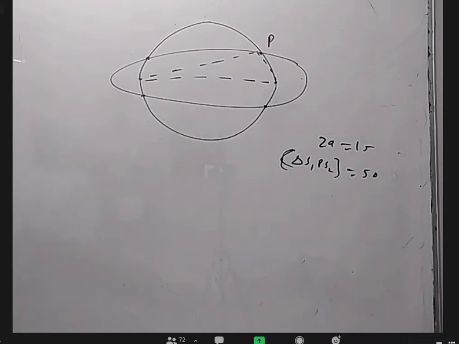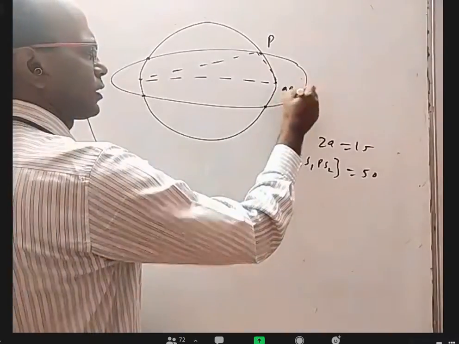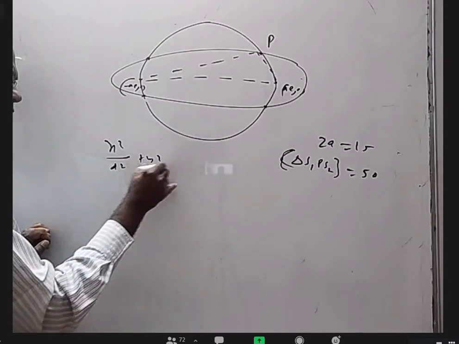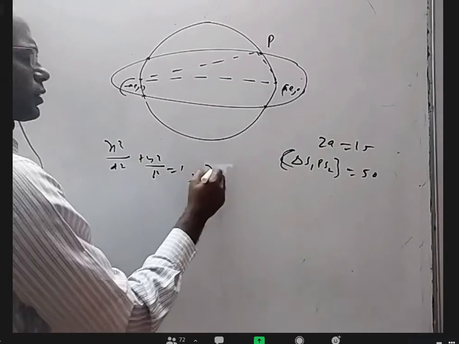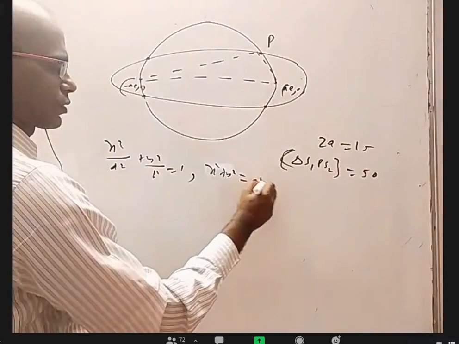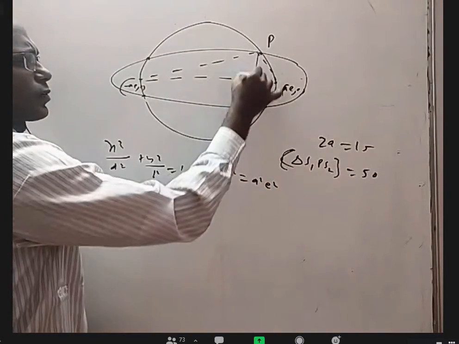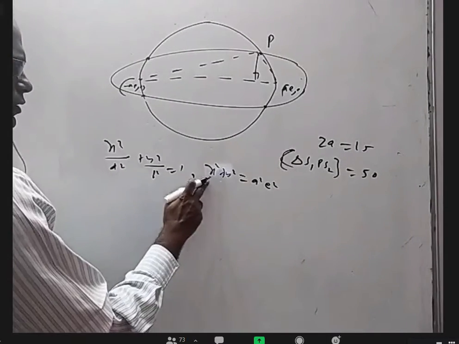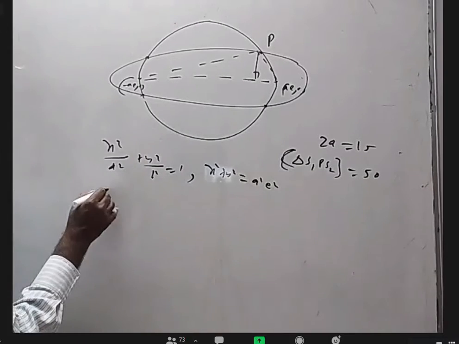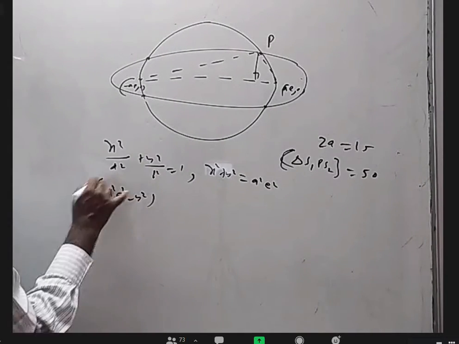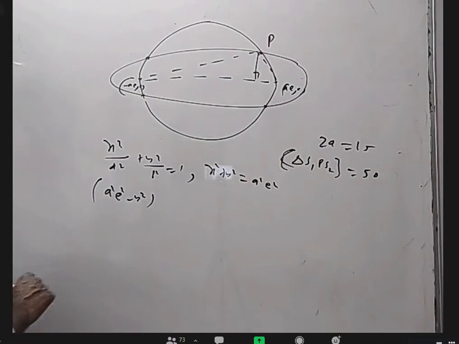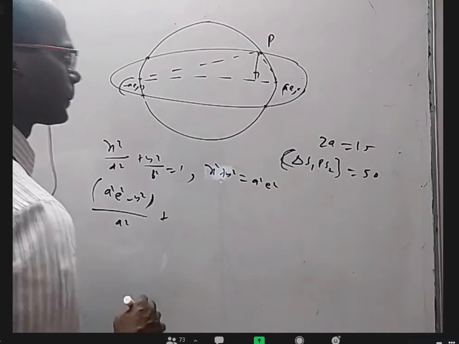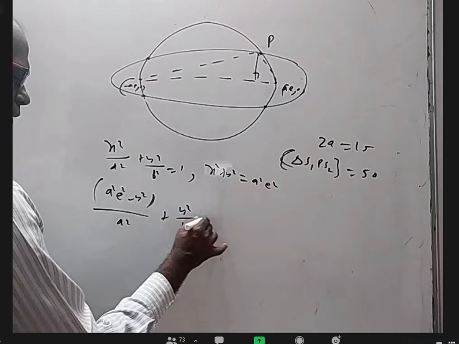All right. So basically, the circle with (ae, 0) and (-ae, 0) as diameter is intersecting the ellipse. So what is the ellipse equation? x square by a square plus y square by b square equal to 1. What is the circle? x square plus y square equal to a square e square. If I want to find the area of this triangle, I have to know the height, that is the y coordinate. So better to eliminate the x coordinate. In the place of x square here, I can write a square e square minus y square, by a square, plus y square by b square equal to 1.